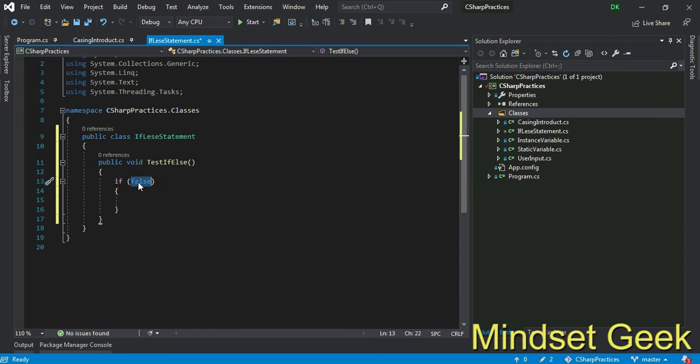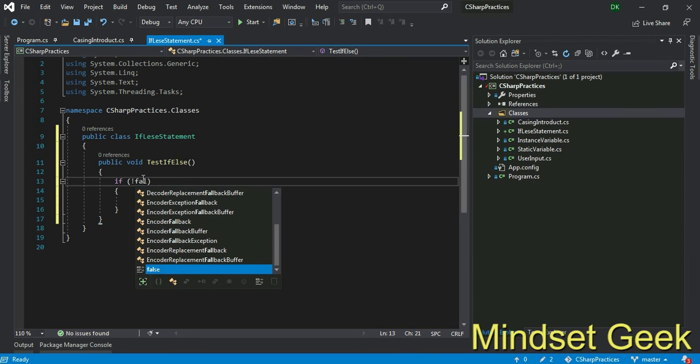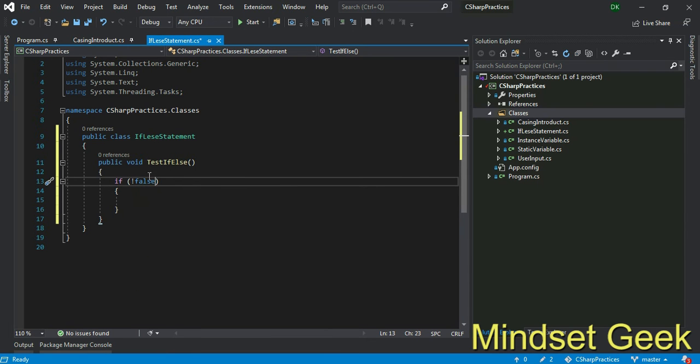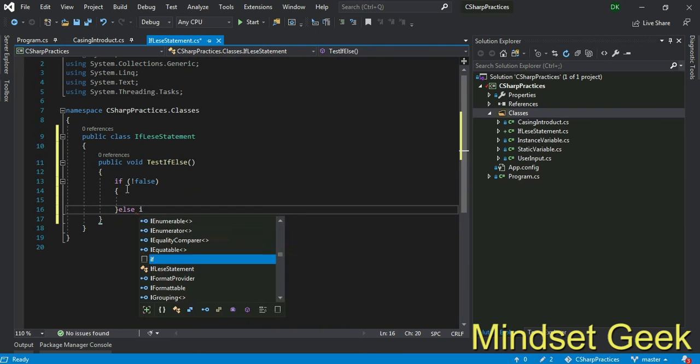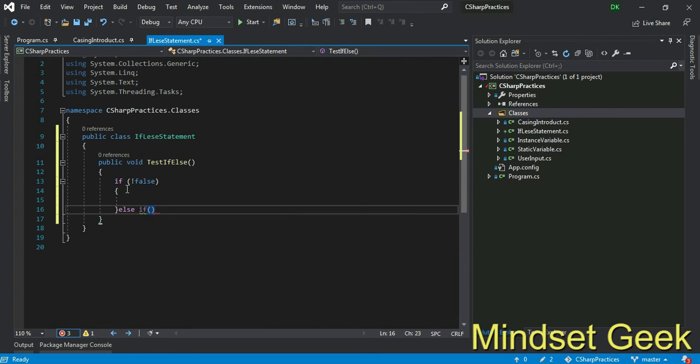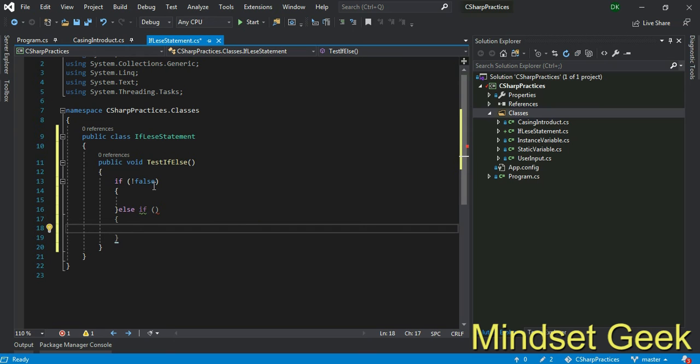Otherwise it can be not true. Not true means false, right? This is also possible, not false, right? If this condition is true, it comes to this bracket, right? If this is false, I use else if. Check this, right?